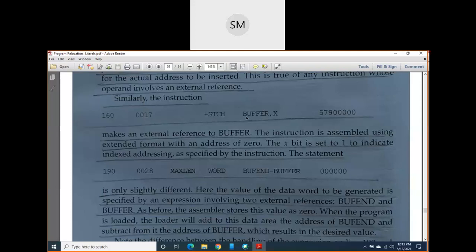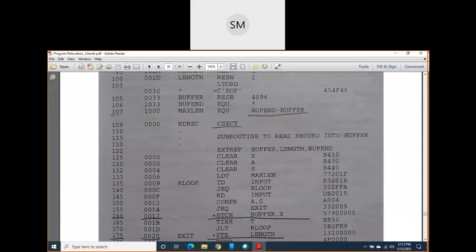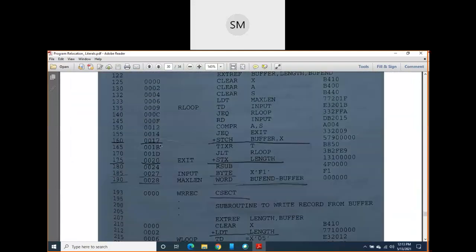Why is it? Because I think STCH is in line number 160. Okay, and what you do, you will find out the opcode of STCH and you will write the nixbpe flag bits, everything. But when it comes to this address field, you want to find out the address of buffer,